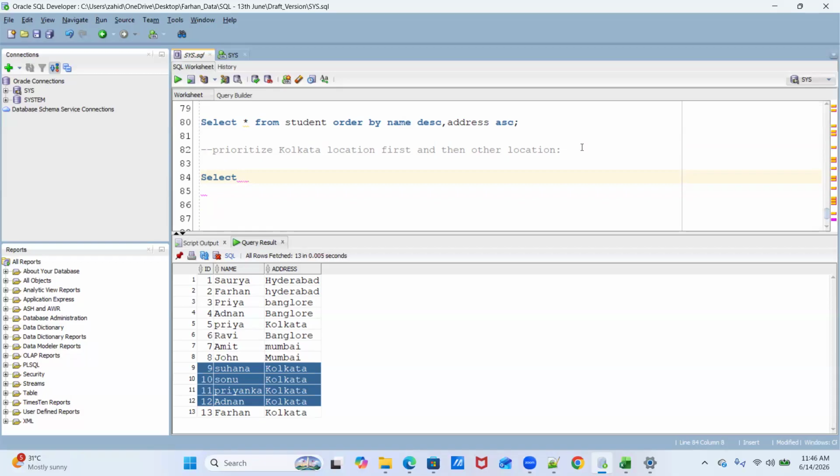Not everyone is familiar with these types of concepts. Okay, fine. Till here, everything is fine, right? We saw this query, order by name ascending or descending.